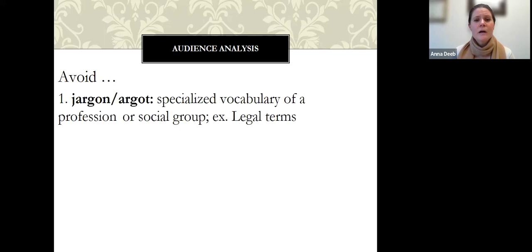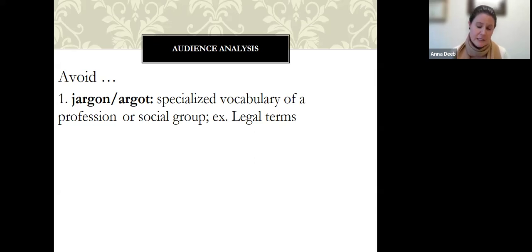All right. So some things to avoid would be jargon, also known as argot or slang. This is specialized vocabulary of a professional or social group, and you might have some of this based on your major, but not everyone in here or in your audience is going to be a chemistry major or a psychology major or studying for a law degree, okay? So keep things simple. Don't, for example, use a lot of legal terms to explain a famous court case.